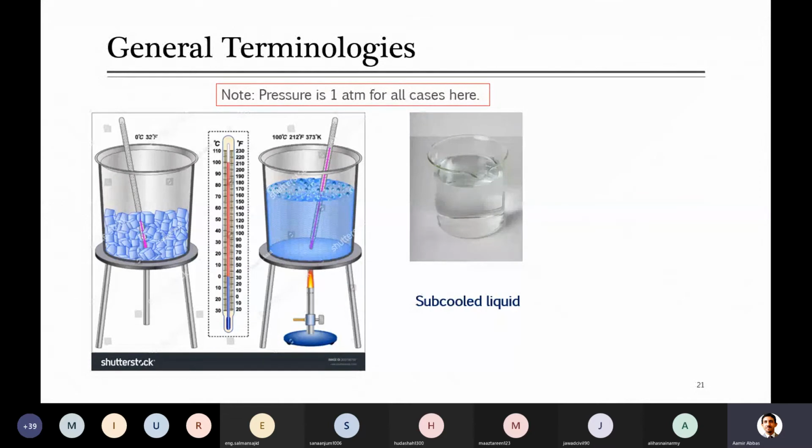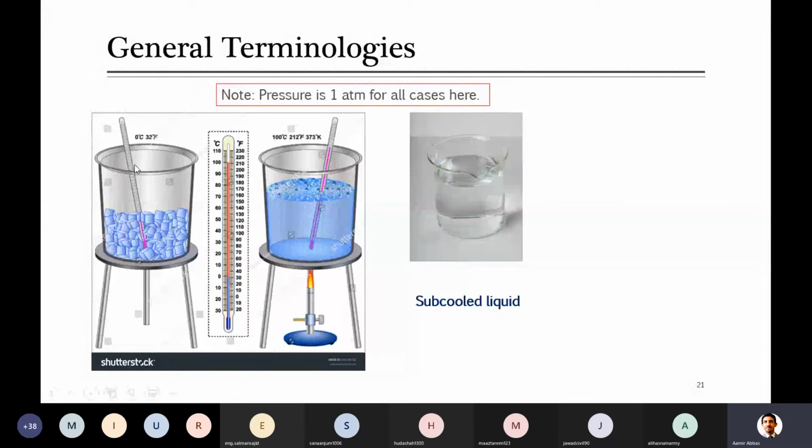What is subcooled liquid? Did you guys come across this terminology already or not? Subcooled liquid. Hello, Miss Uda. At least you are awake and you know things. Did you read? Did you study this? Yes sir, we have studied supercooled, subcooled, saturated. Just tell me what is subcooled liquid. Did you study this? Do you know the definition of subcooled liquid?